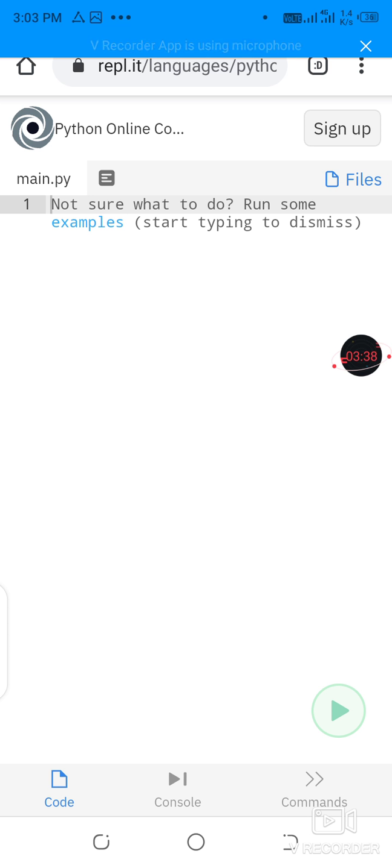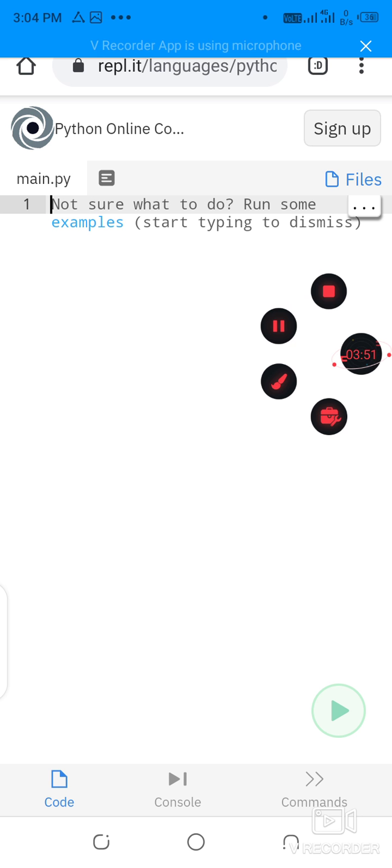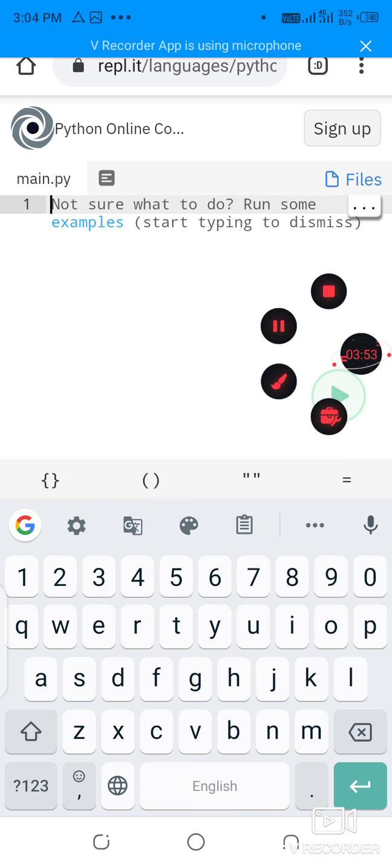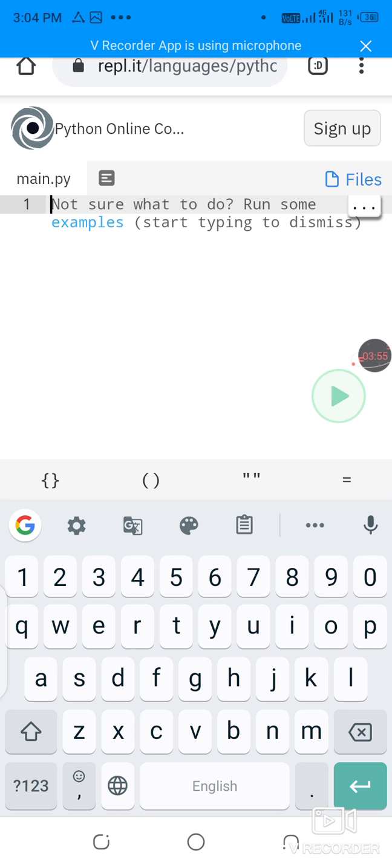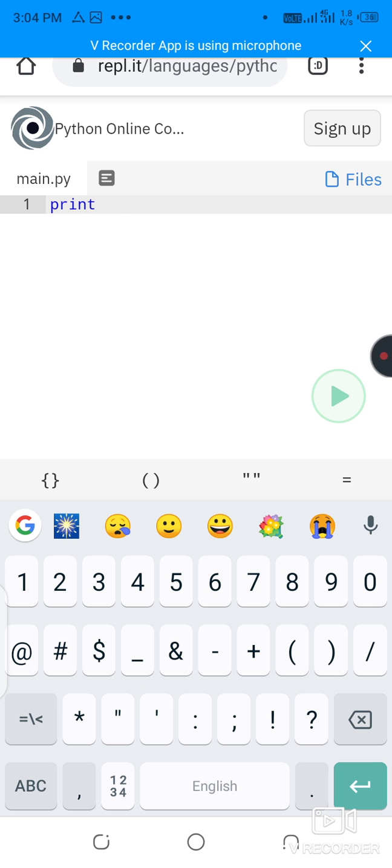In Python there are two processes, input and output. Now I will explain how to print any code in Python. First you have to write print, and then you have to write these brackets, which is compulsory.